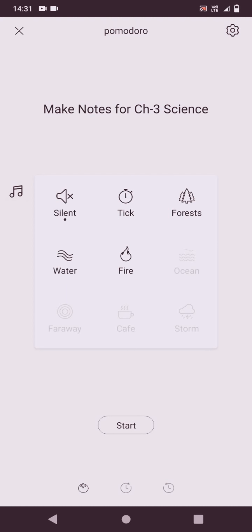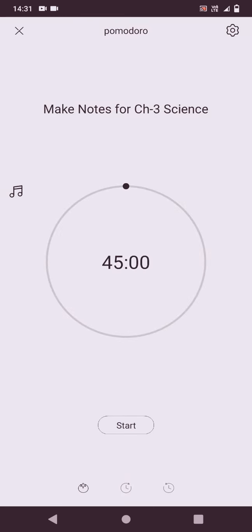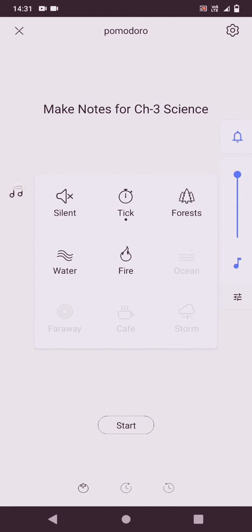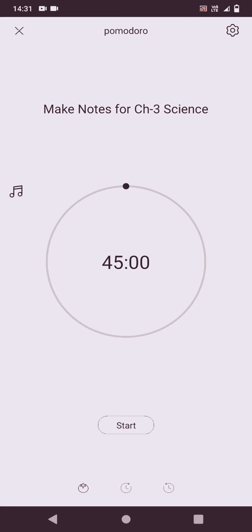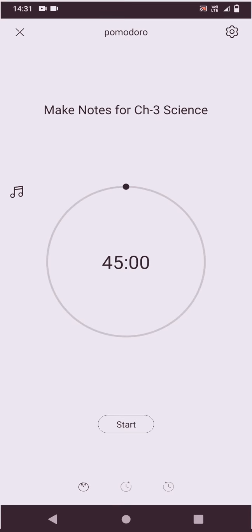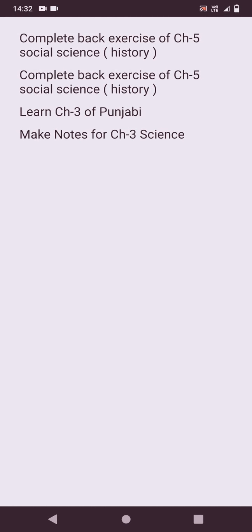Or if you want a sound, then you can choose whether tick, forests, water, or fire. You can see the sound. You see that so many options are there. So you can choose this according to your wish.